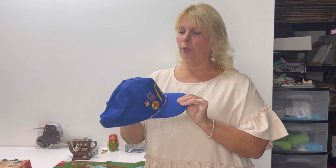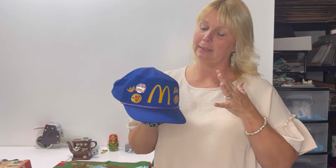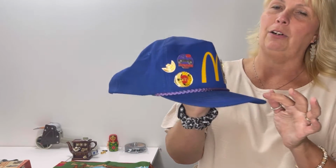Okay, and I did pick up these 2 McDonald's hats. I paid $2 a piece for them. I didn't just pick them up because they were hats. I picked them up because of the pins. These are some old pins. I love this McDonald's hat right here, this purple hat, super cool. It's like a violet purple, very rich violet. I don't know if you can see it necessarily in the camera, but check out all the pins that are